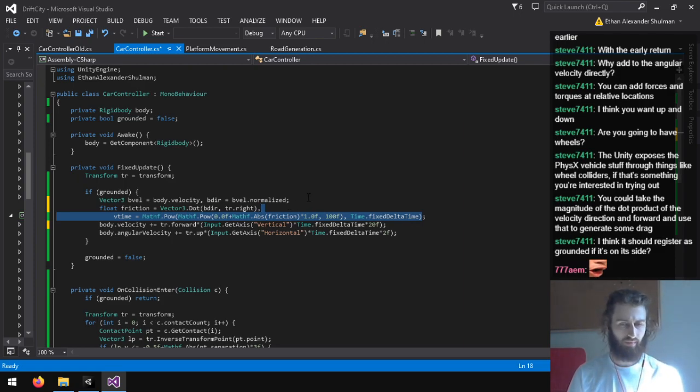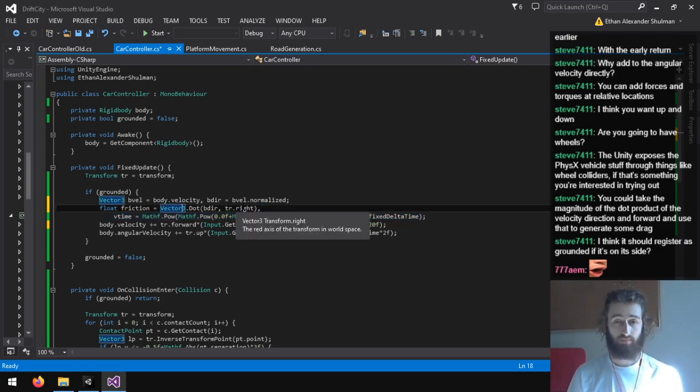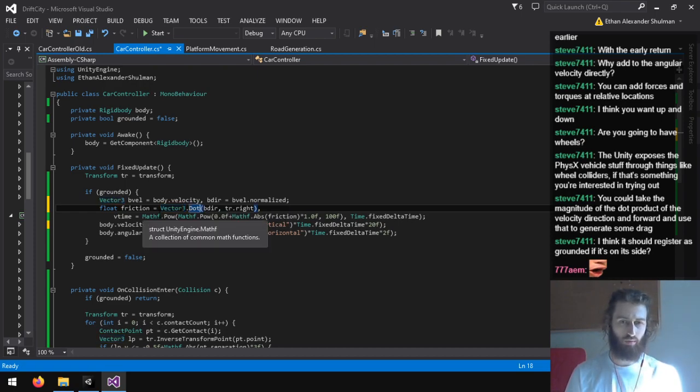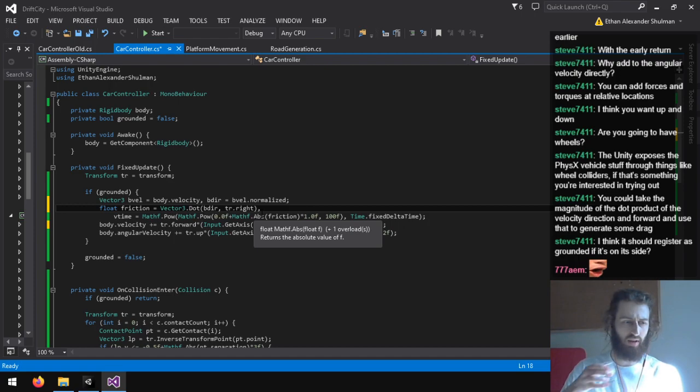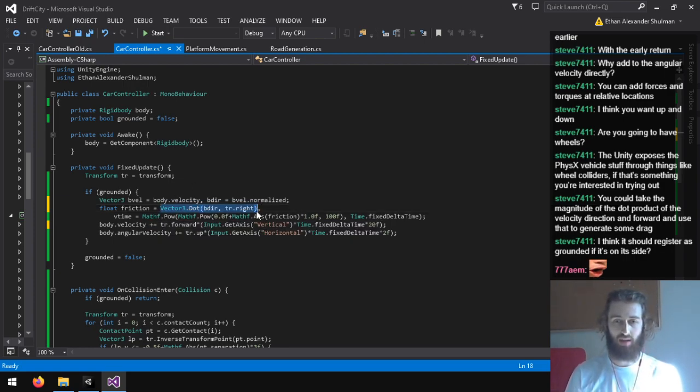So this way friction will be full when it's on the right. It'll be negative when the friction is pushing the other way. Of the right vector. I don't know if that's actually useful. I guess I could just put this through abs. Or do abs dot.